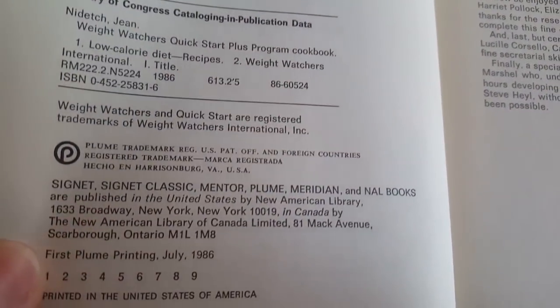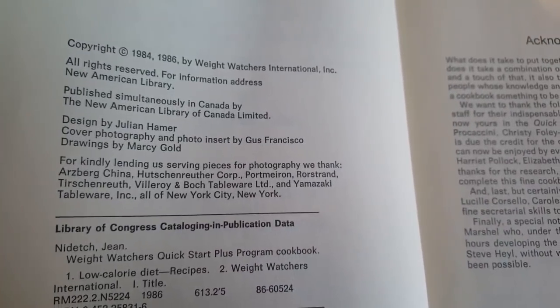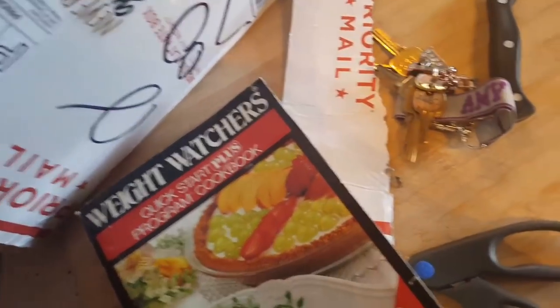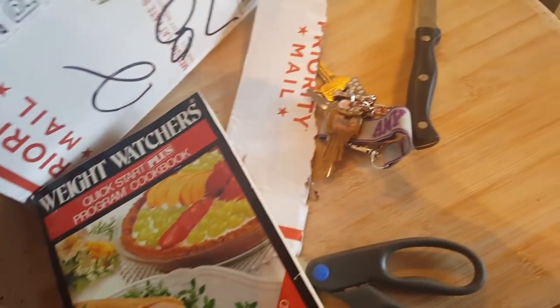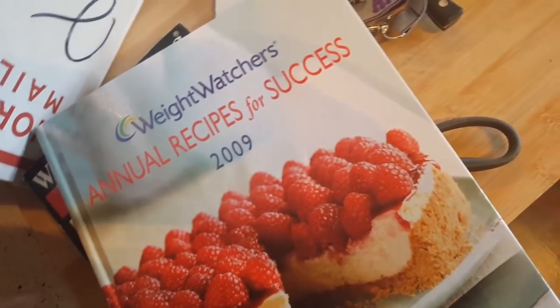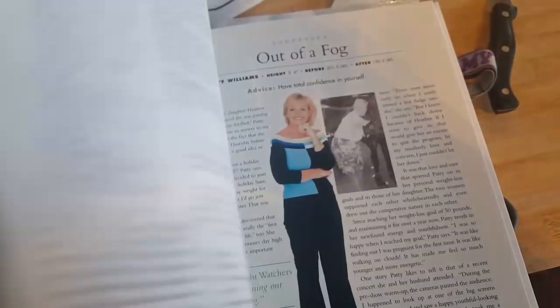I'm sure you guys are going to see the year before I do. Oh, 1984 and 1986. Oh, I love it. That's so funny. Okay, let's see what else she sent me. Oh, cool. Okay, so this is the Weight Watchers Annual Recipes for Success from 2009. And the Annual Recipes for Success from 2004. How cool. If you all don't know, I like recipe books and